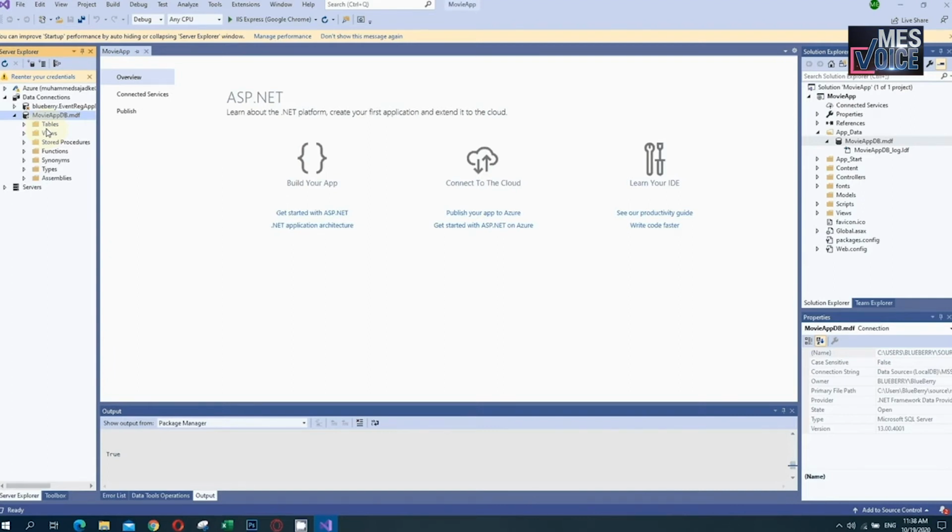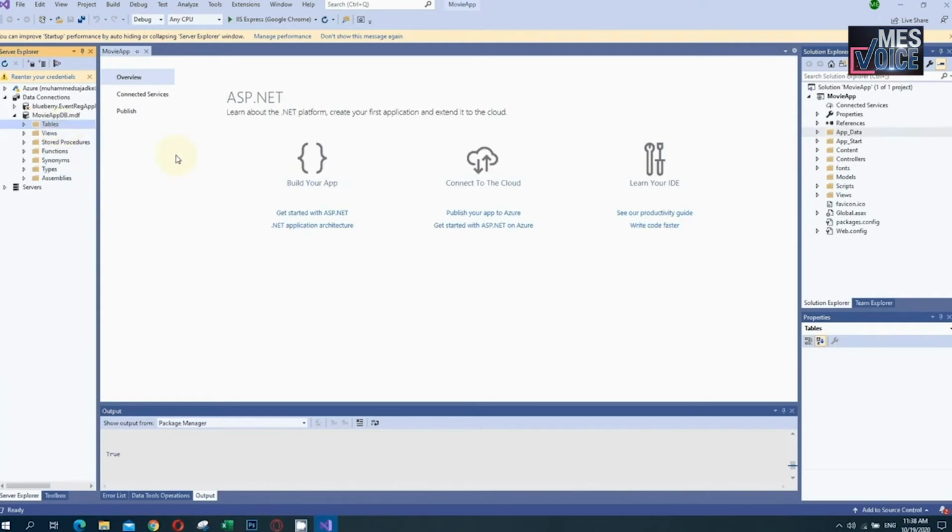Then we have to add some data to it, so we have to add a table. Here a Tables folder is available. Right click on the table, and there are two or three functions available. Add New Table: click on it to create a table in that particular database.